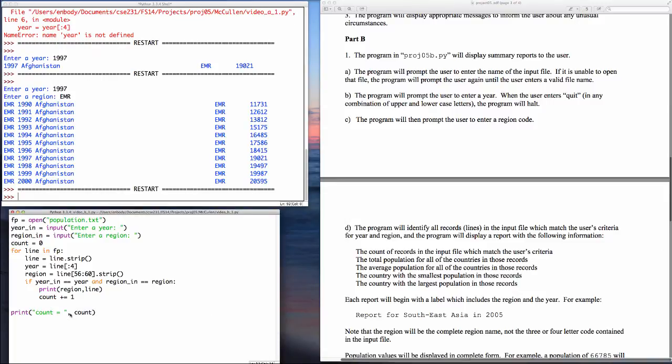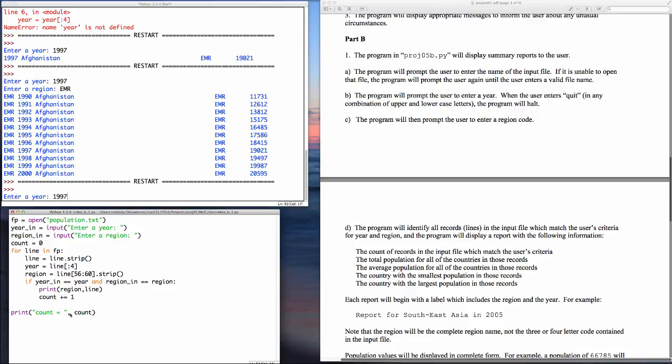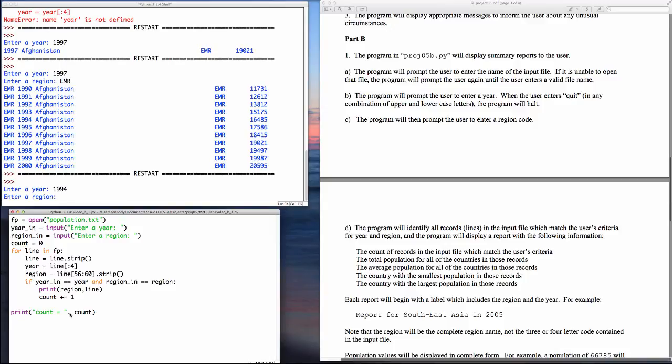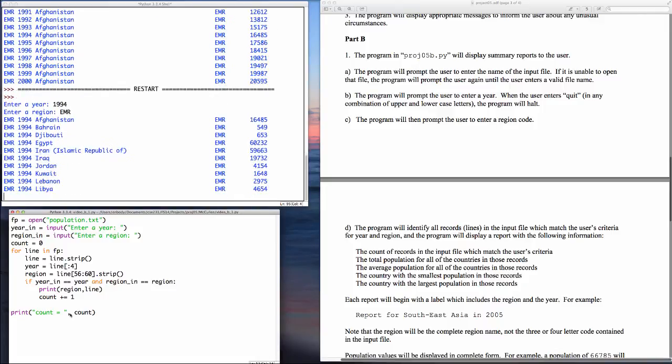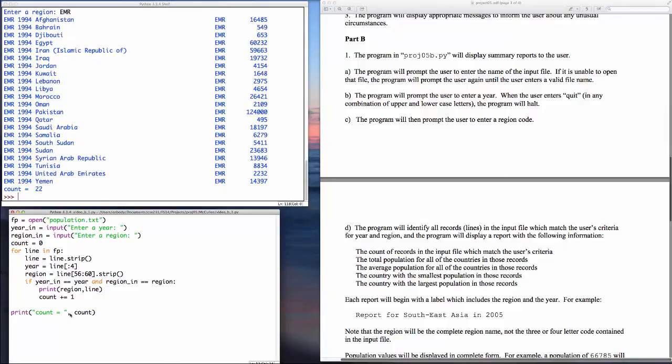Let's see how this goes. Enter year, 1990s. Let's go 1994. A region, let's do EMR. And it prints out 22 regions. Now, let me point out here that it was important that I do the strip because I was actually getting 4 characters, and this is only 3 characters long, so I had to take out the space there. But we've got 22 of these,